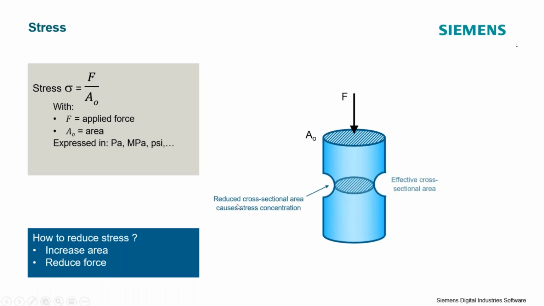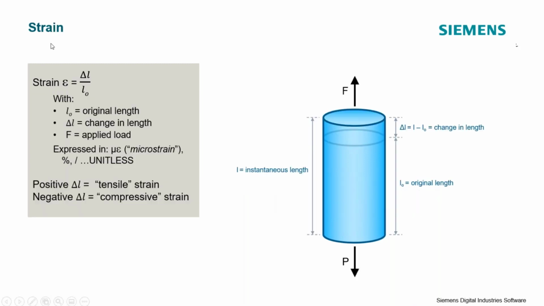Now, if we were to reduce the cross-sectional area here, so we're cutting some little notches in this cylinder, this area would cause a stress concentration. Notice that the effective cross-sectional area has decreased, which would mean an increase in the stress on the specimen. So especially from a design engineer point of view, it's important to be really careful around cutouts in a material, bolt holes, welds, and sharp corners, because these reduce the effective cross-sectional area of the object and can lead to higher than expected stresses. The other quantity that we'll be very interested in is strain.